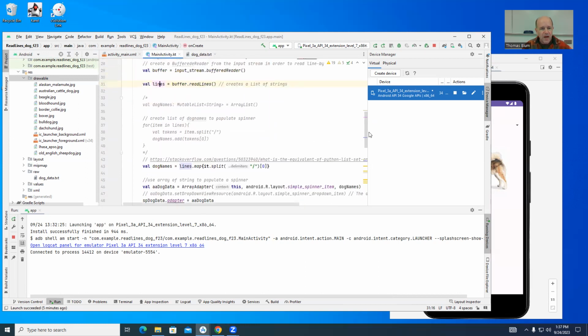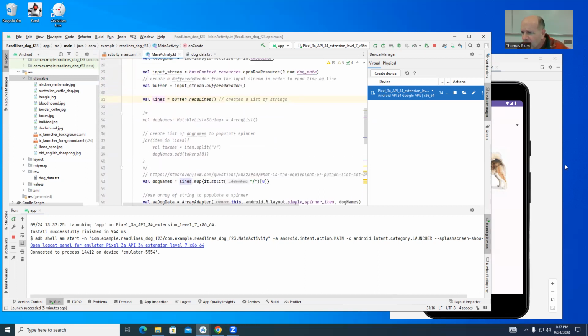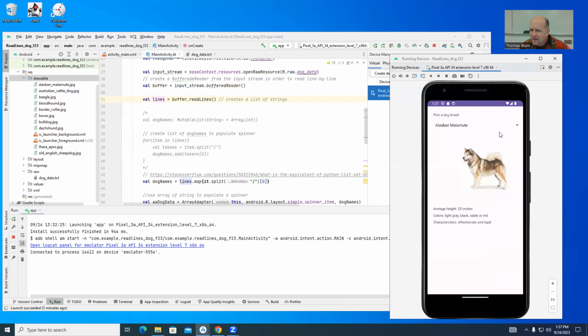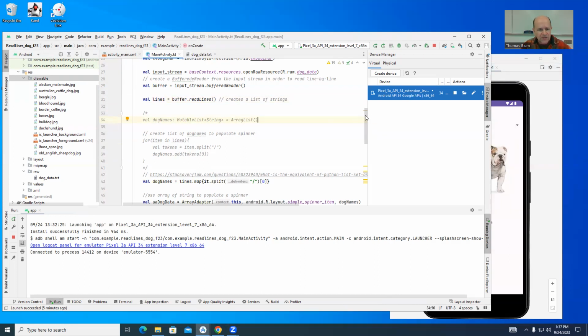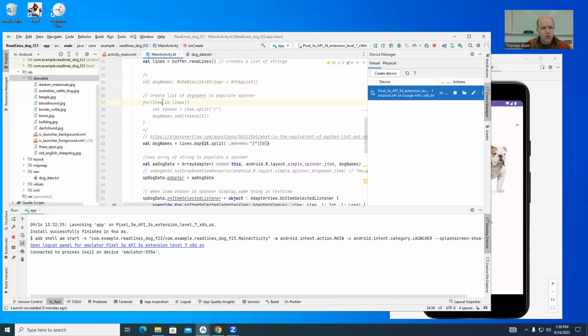Okay. And now for my spinner, I wanted an array. I wanted to make an array adapter and just have the names of the dogs in here. And so my old-fashioned way of doing it, I'm an old-fashioned guy, I looped over the array. I split the elements of that lines, and then I grabbed the first token, which was the name of the dog, and I made a new array, dog names. And then